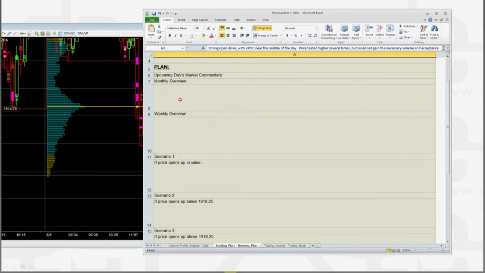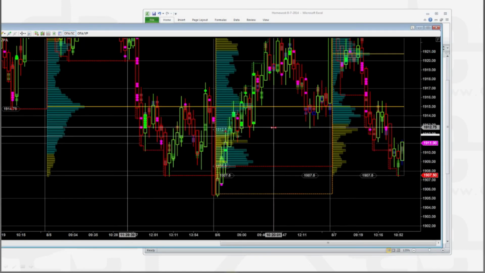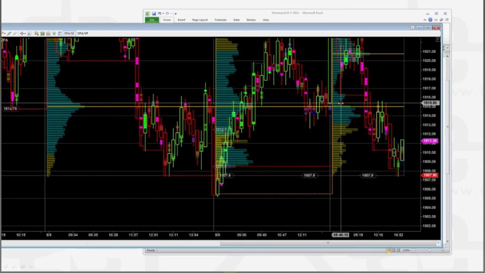Now the other thing this provides you is the ability to do a monthly overview, weekly, if you want to make comments to that. And then we start building our scenarios. Remember, first part of our scenario is if price opens up in value. So last night, as I'm doing my homework,